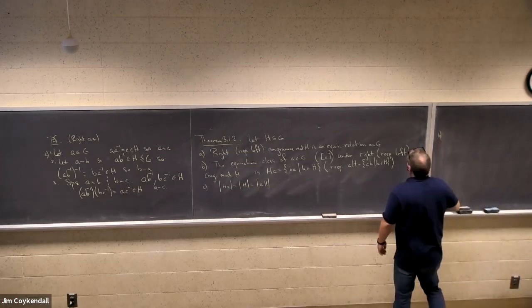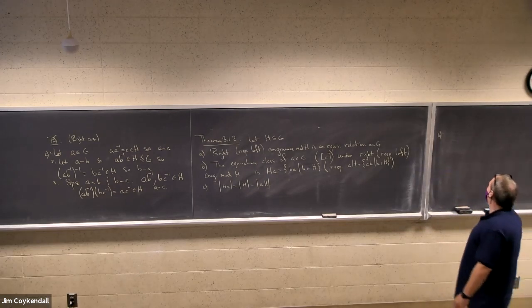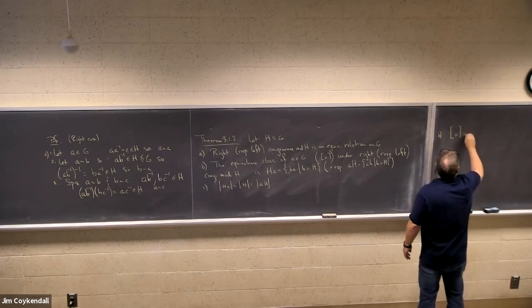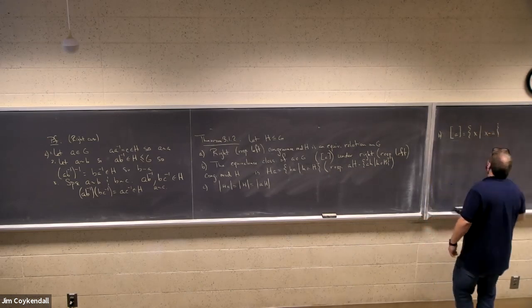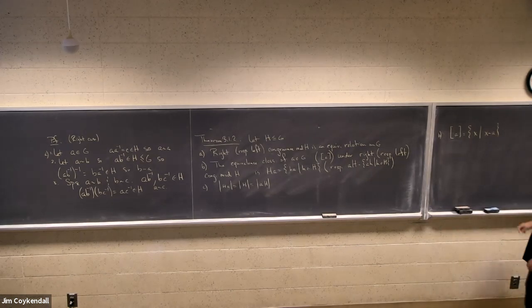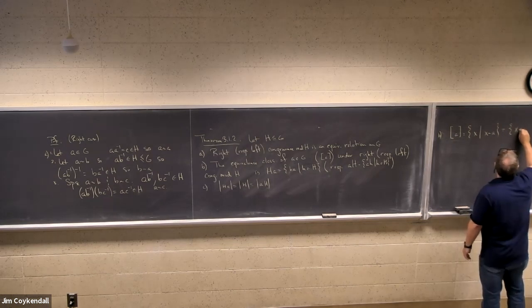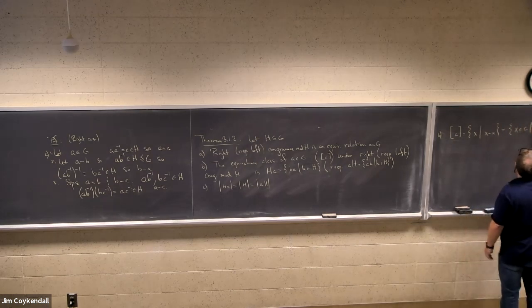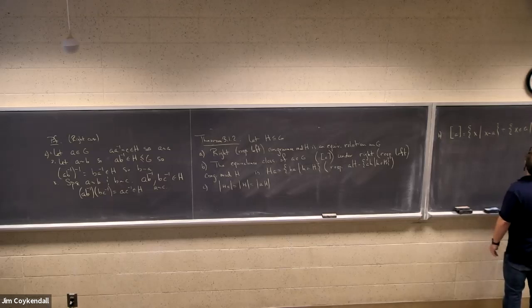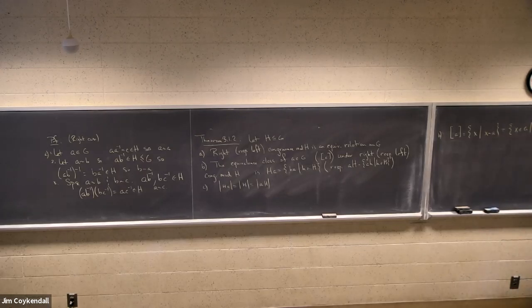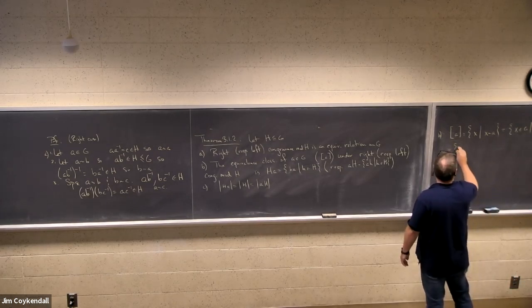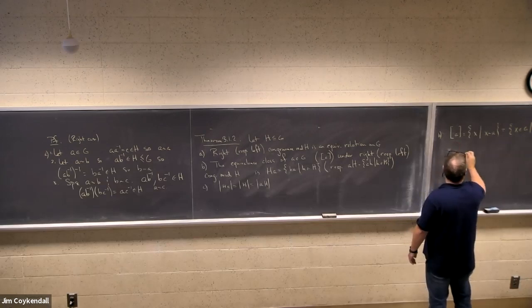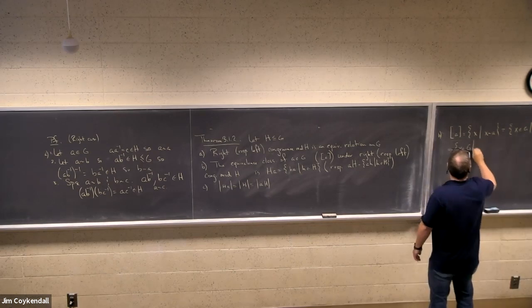What are the equivalence classes under this relation? Well, the equivalence class of a is just the set of x such that x is related to a, which is the set of x in G such that x a inverse is in H